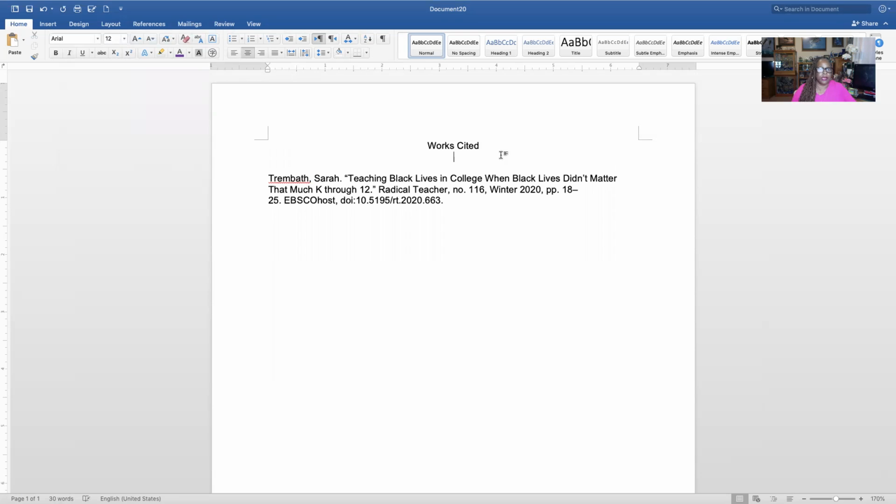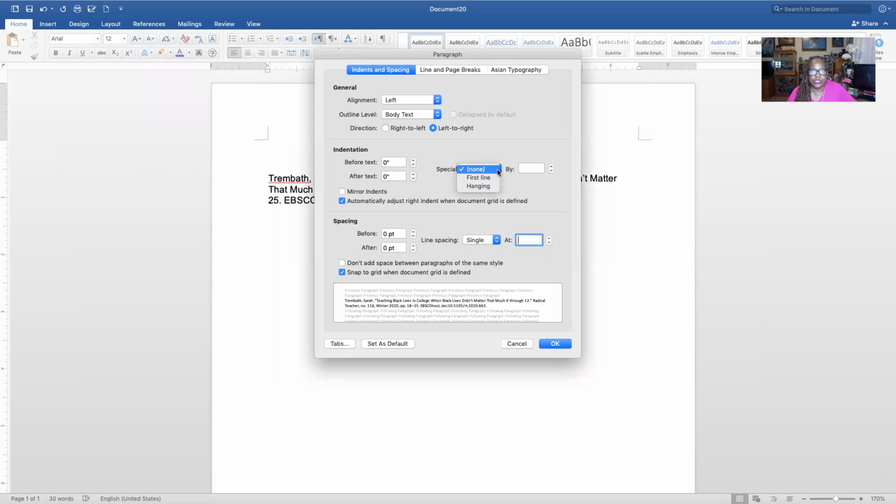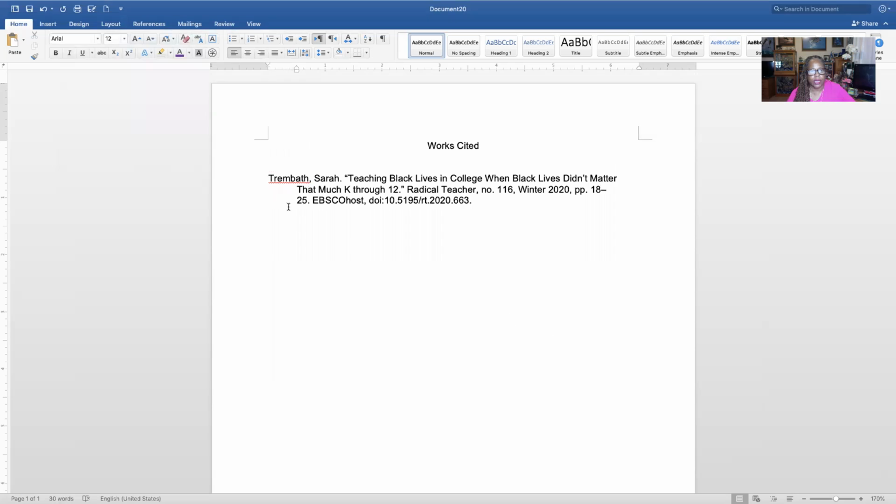And then we just come down and we want to use this as a hanging indent. So we are going to our line spacing options, and we'll just tell it hanging indent. And when we tell it hanging indent, we tell it okay. And now you have the perfect format that you need to use for your works cited page. So this is much easier than fooling around trying to get it right and you're not really sure how to get it right.